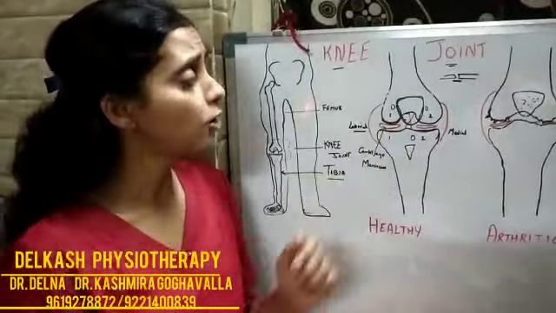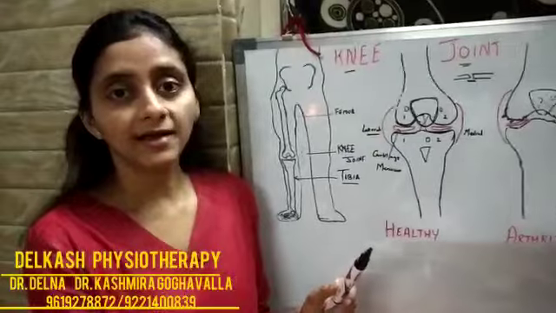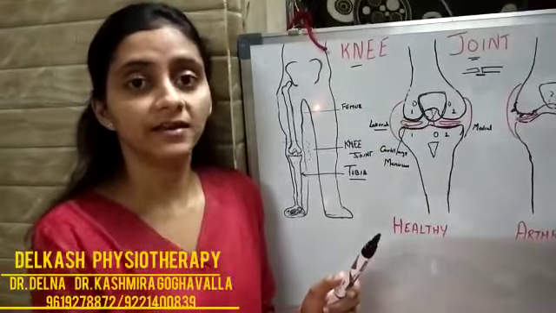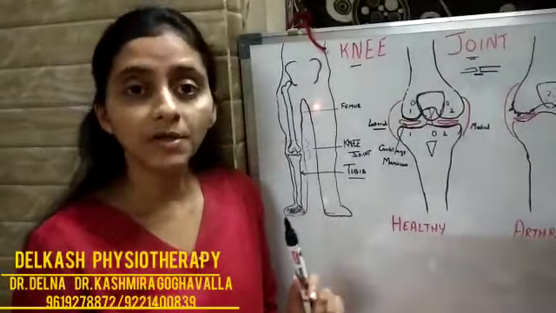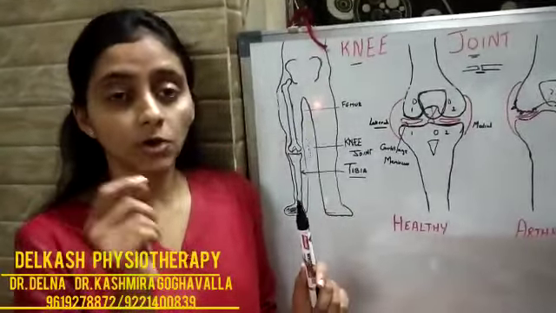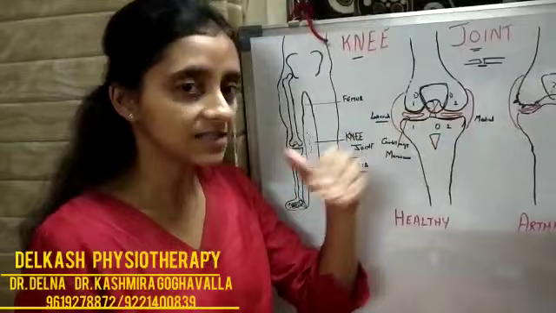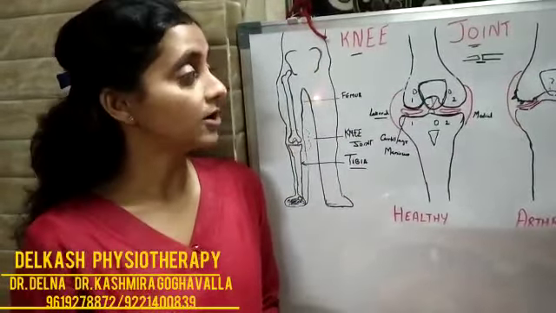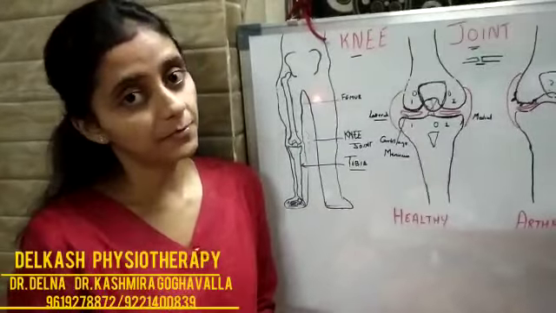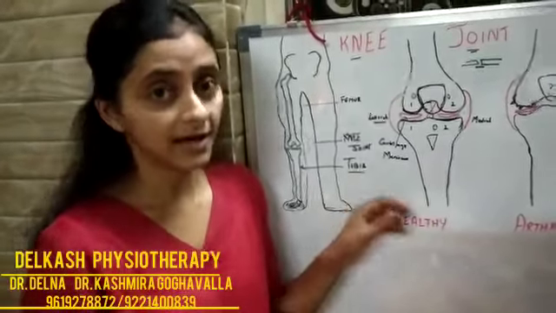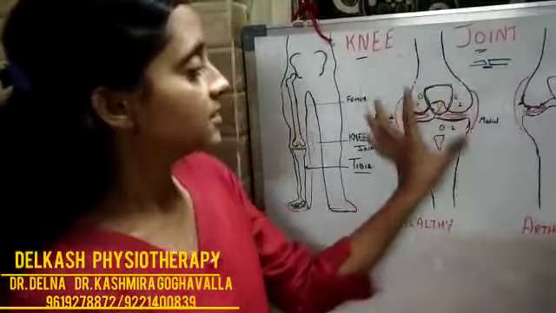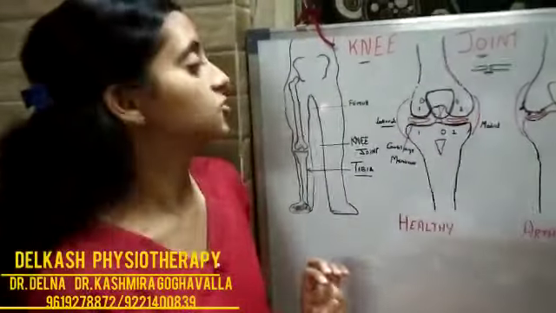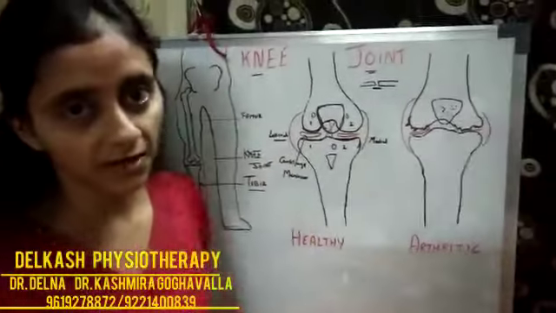Normally in this arthritis, people have problems in descending stairs. So when you're getting down the stairs and there is pain in the knee joint, that is one common symptom of patellofemoral arthritis, and also pain in the front aspect of the knee. That is also caused by patellofemoral arthritis, which can very well be prevented and managed by correct physiotherapy. So this is the structure of a normal healthy knee joint. Now we see what happens in arthritis.